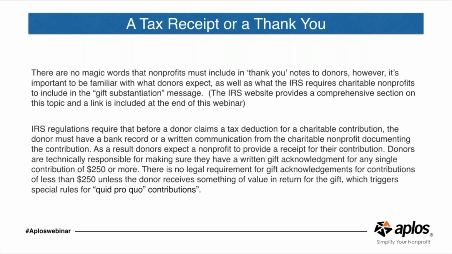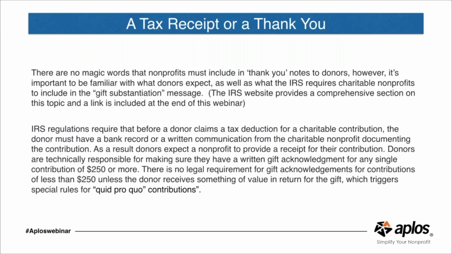Hopefully you all know some of the basics about tax receipting that the IRS does require: that a donor get a receipt from your nonprofit. If it's $250 or more, you are legally required to receipt that donor. And this is where the gray area sometimes happens, because what's the legal requirement, what you do, and what you don't have to receipt on. For the sake of this webinar, we're going to talk about just a real basic gift.